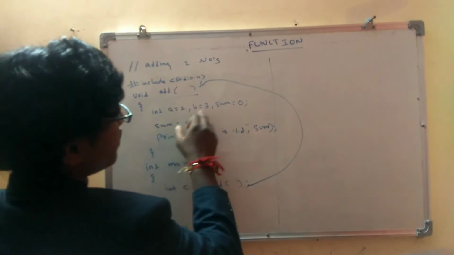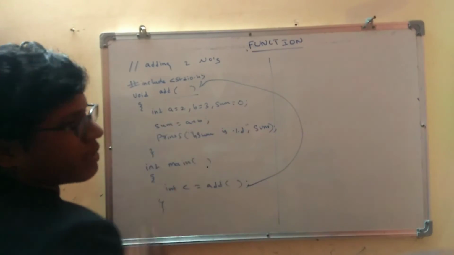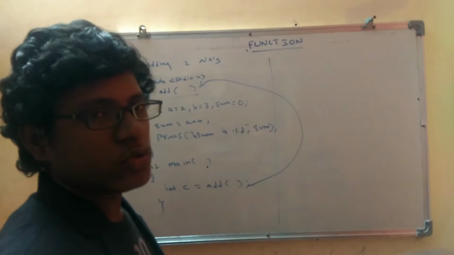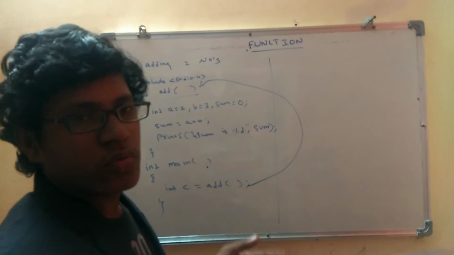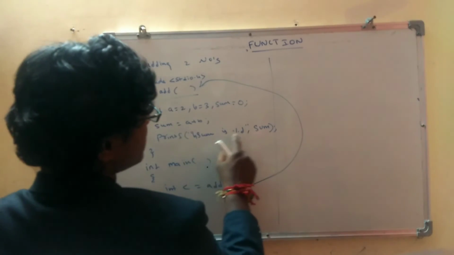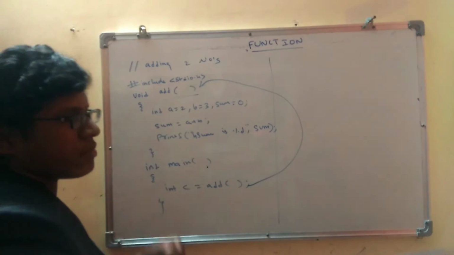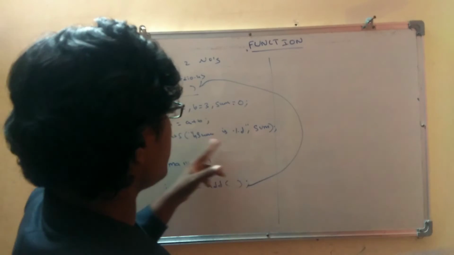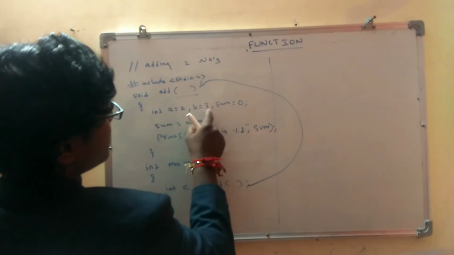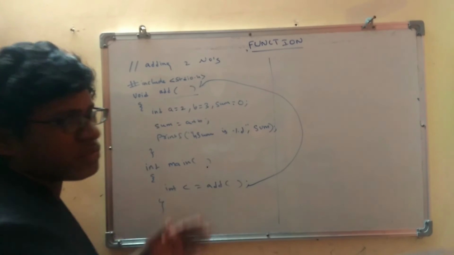So here a equal to 2, b equal to 3, sum has the value 0 before, and after that sum equal to a plus b. Here printf is used to create the output on the console window. So here sum is percentile d. Percentile d belongs to the integer because an integer has numbers. So the sum is a plus b. A plus b means 2 plus 3. 2 plus 3 is printed as output 5. So the sum is 5. The output is sum is 5.